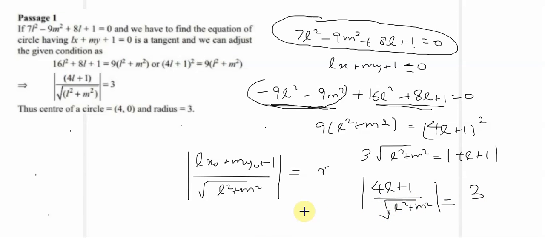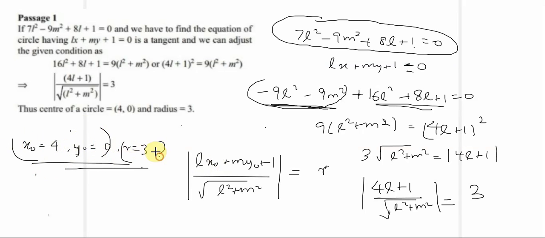Now if you observe these, this is the kind of expression we want. So that means the coefficient of L and coefficient of M should match, and the radius has to be 3. So if you observe, this is x naught equal to 4 because it's the coefficient of L, y naught equal to 0, and radius equal to 3. So that's the circle. This is the center and this is the radius as given here. Okay, so that's the idea of how to solve these problems. I'll do the first problem next.